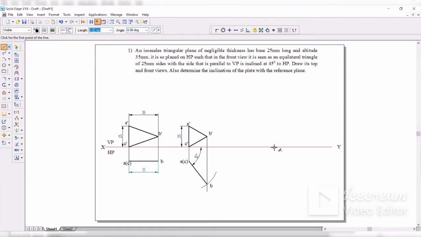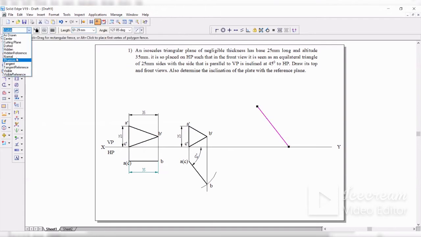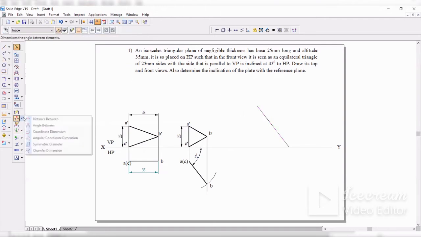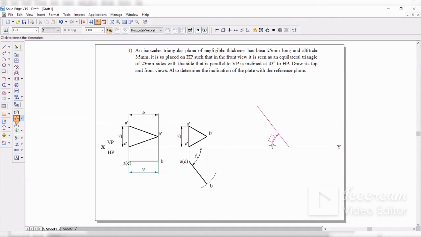So what I will do, I will take a line here like this and draw at an angle. So here it is asking for length. I don't want length, so I'll take angle. Let me draw a line first and then make the corrections. Okay. So this is not visible, this is a normal line, so I'll make it normal. I'll take angle between; you can check the angle. This is 52, you can make it 45. So a 45 degree line I have drawn. Now I should move this onto this 45 degree line.